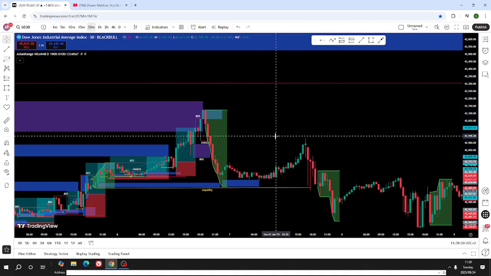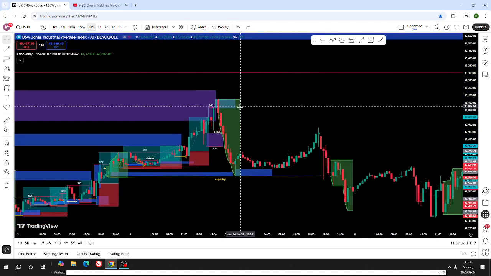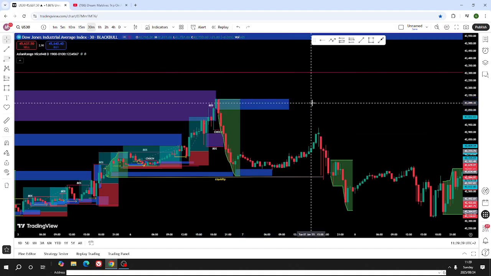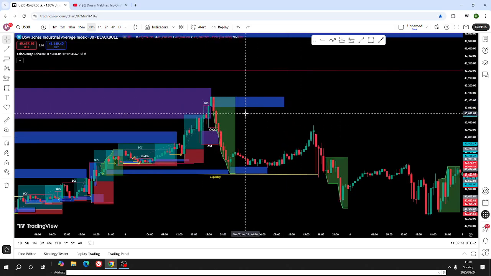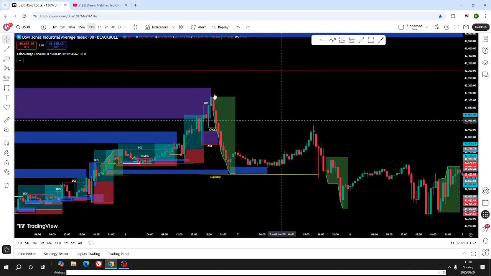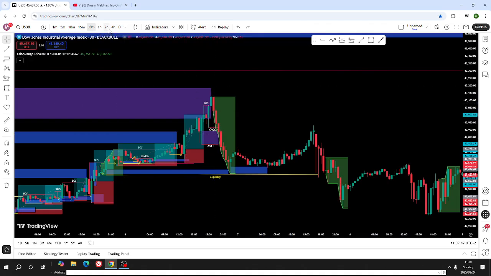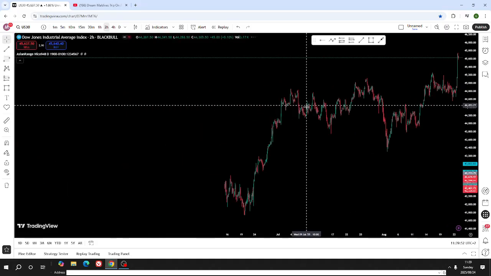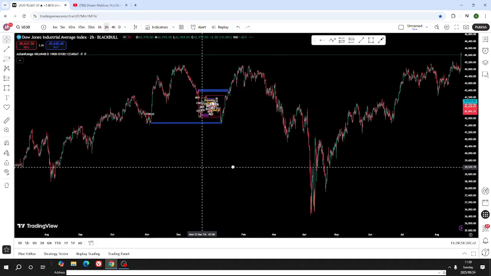So the proper way to see an order block, the first order block that I spoke about was actually the one on 30 minutes, which was this one. If you can check, this is the first order block that we have. But it's not proper. I don't think this order block will hold. So we need to actually go to higher time frames and start looking for order blocks from higher time frames. So coming back right over here,